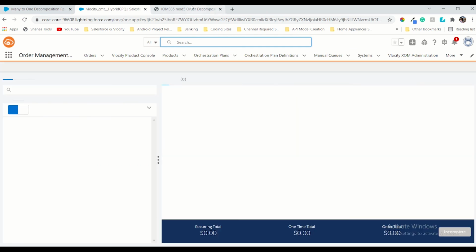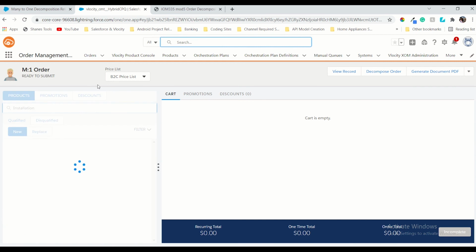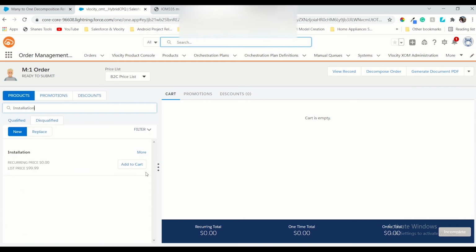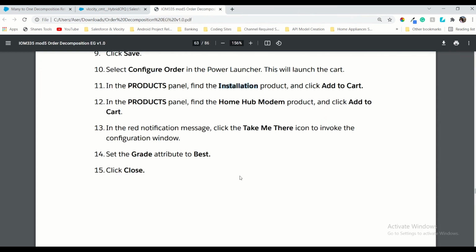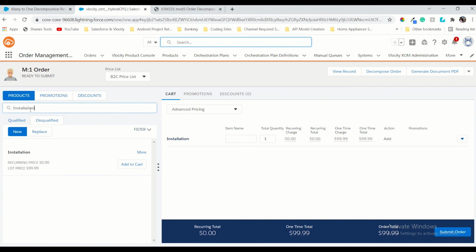Let it load. So let's search for it. Okay, this is the add to cart. Now we have to add two products. Let's add two products, home hub modem. Of course we added two products in the relationship. So now